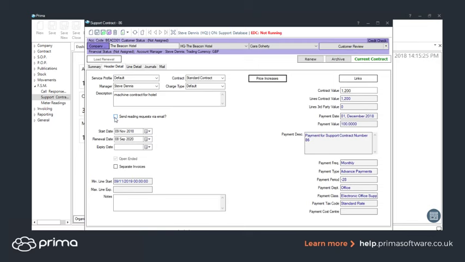So there's all sorts of information, but essentially once you've done those setup pieces, which, as you've seen, is relatively quick, the contract's there and it's live, and the invoicing kind of takes care of itself. So if I show you that now,